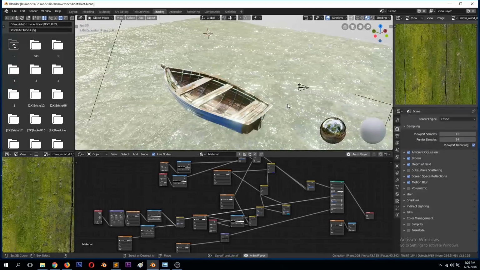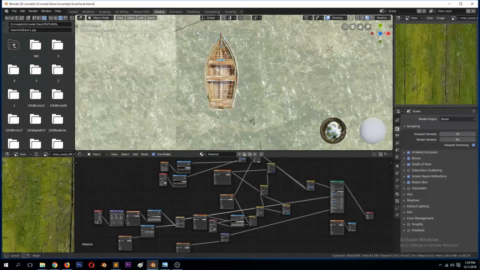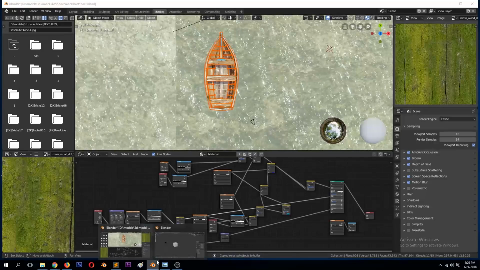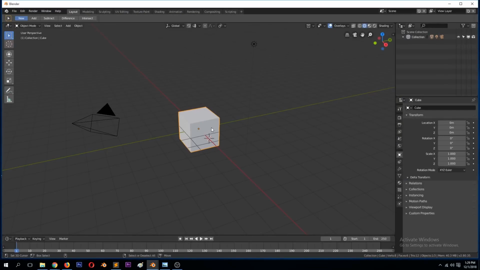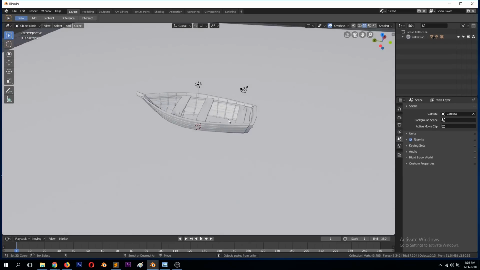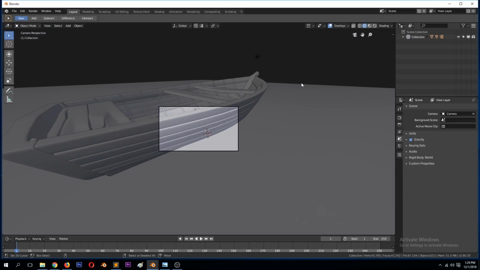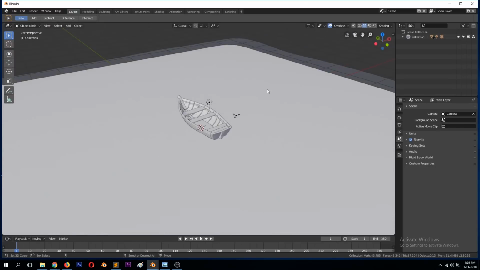So what I'm going to do, I'm just going to copy everything. Let me first stop the animation. I'll just copy everything, and then paste that in a new project. So this is what we have. We still have the animation, I guess. No, we don't. I didn't copy the cameras, I think. Okay, so